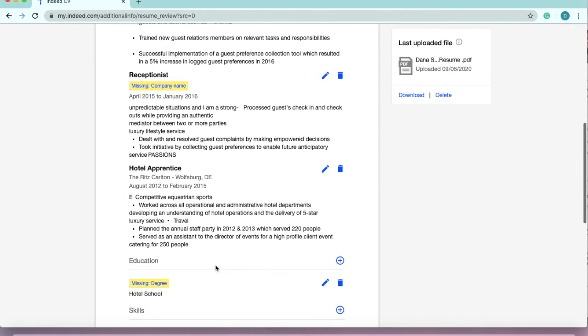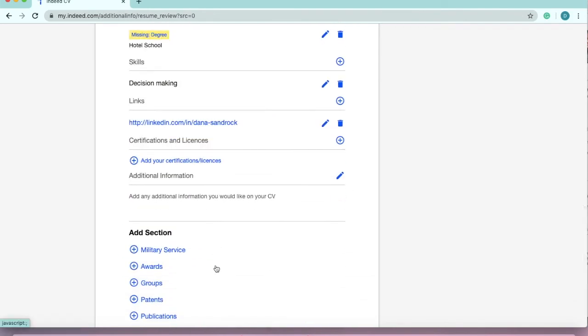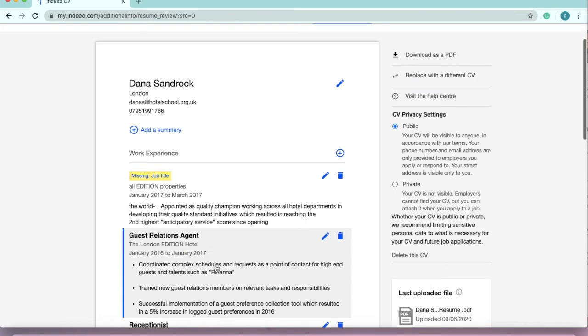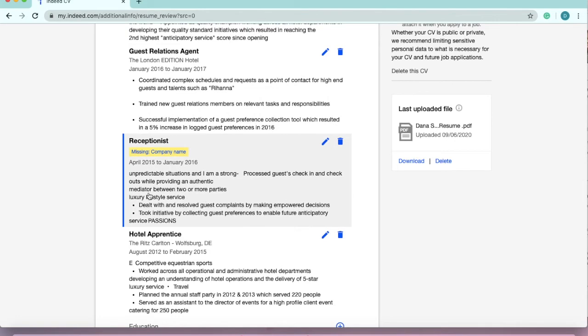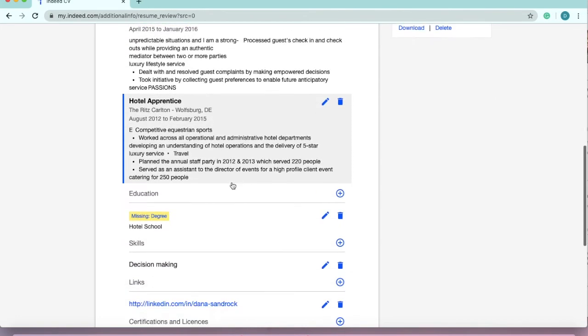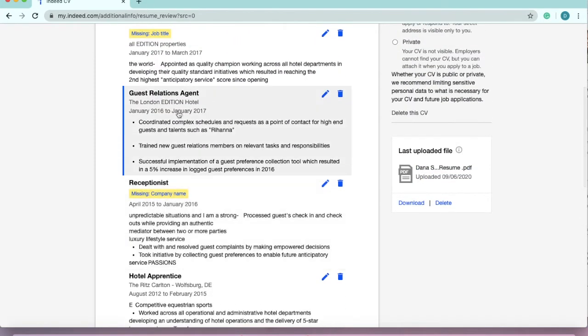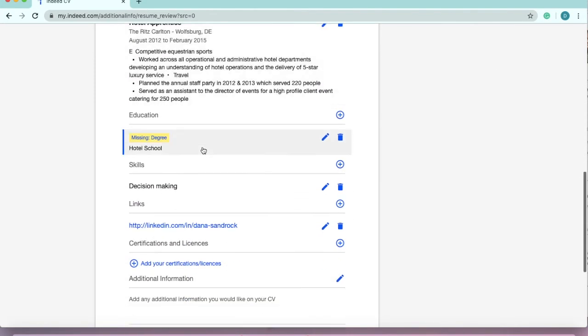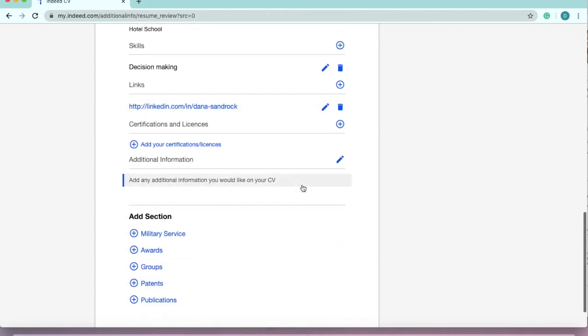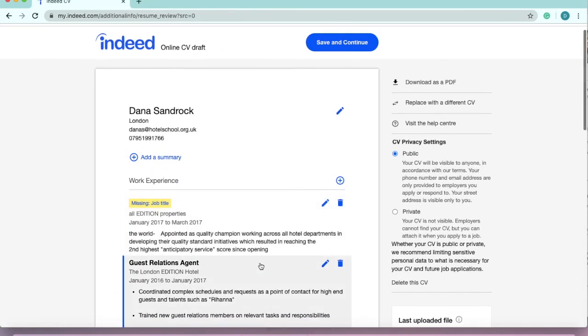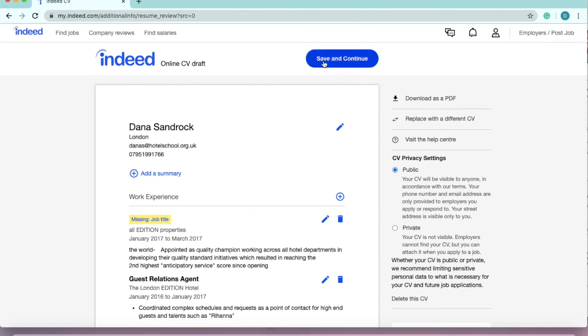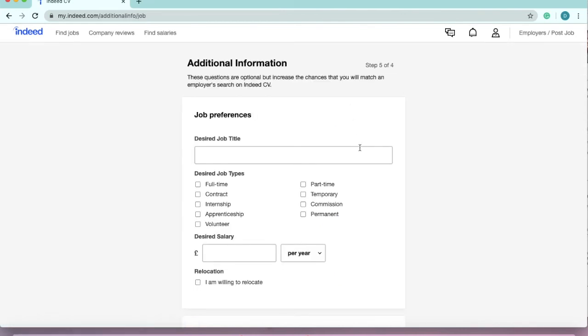Here it will have basically created an online Indeed CV. So it's still got my name on here, it's got the email address. It's important that you make sure it's all nice and neat, as this one is. And then you could always add things here, so you can edit things, or you can add more education if you'd forgotten to do so. Now ready to go, so you can just see up here, save and continue, which I'm going to click on,